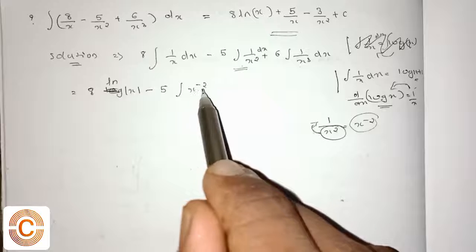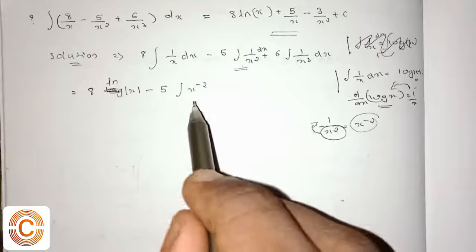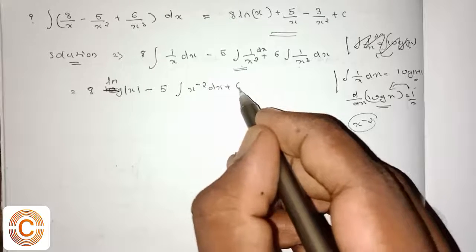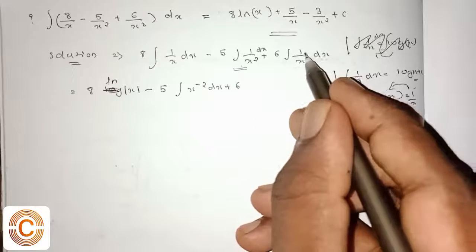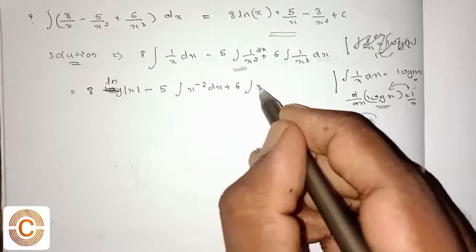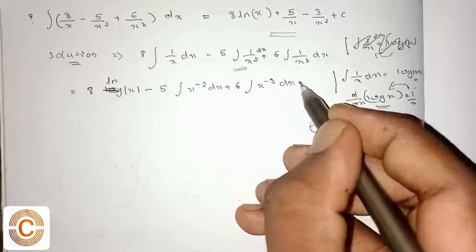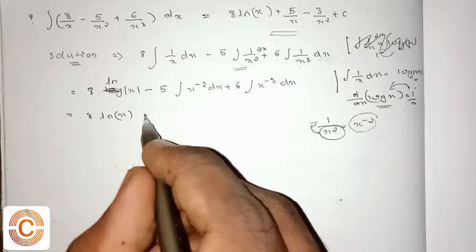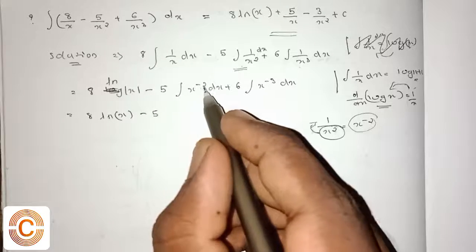Then x raised to minus 2 dx, plus 6 into, likewise we can write 1 divided by x cube as integral of x raised to minus 3 dx. Which is equal to 8 into natural log of x minus 5 into,